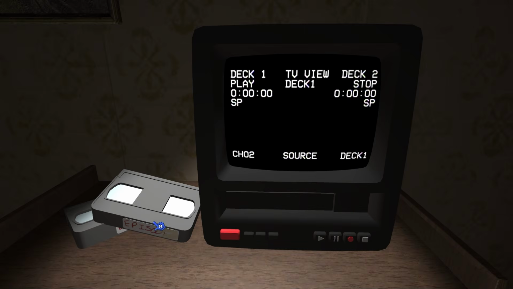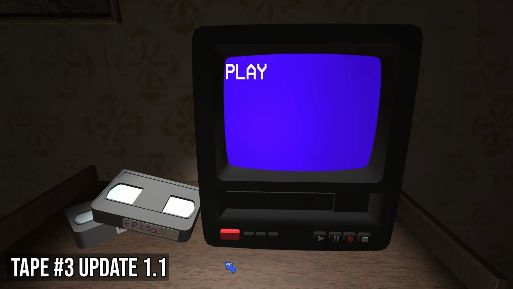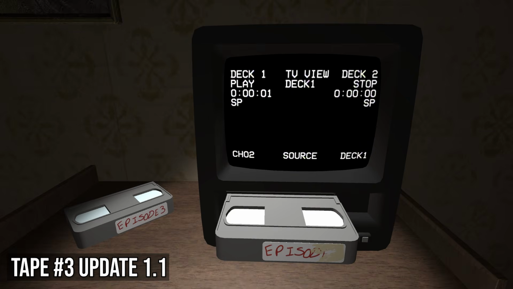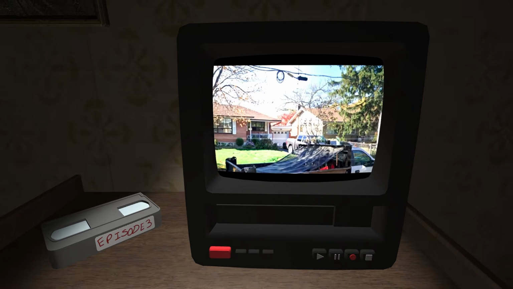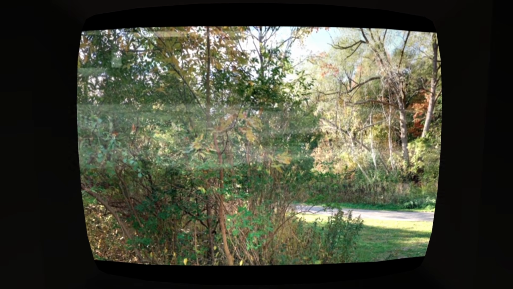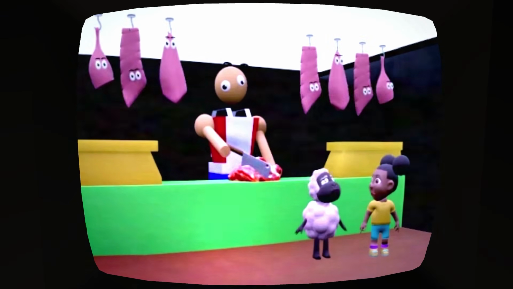With the secret tapes now unlocked, let's take a look at each in turn. The first update gave us this tape, which once played displays a number of mysterious and slightly ominous images. The first of a suburban house, the second of a forest road, the third of a meat storage locker full of hanging cadavers, the number 826 pinned to the top. At this point we are forced to type in the word WOOLIE, suggesting that this was WOOLIE's fate at the hands of Amanda and the meat man.